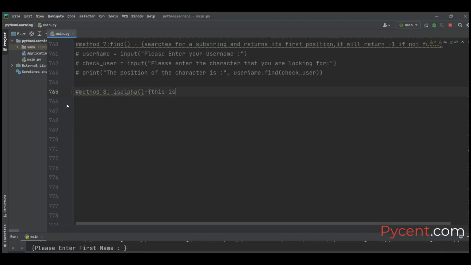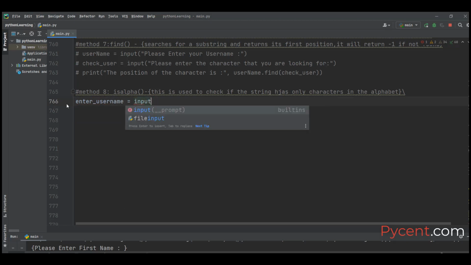This is used to check if the string has only characters in the alphabet. Okay, so enter username, input, please enter